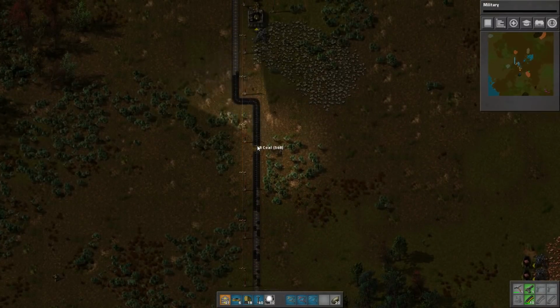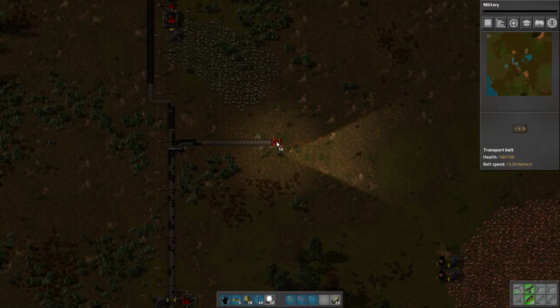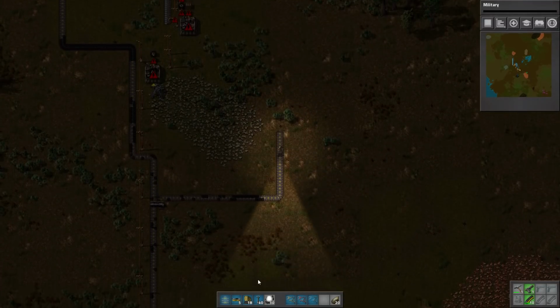So let's go ahead and put a cut, say, there. That's going to be fine. Obviously, this is not going to be enough coal in the long run, but for now, it'll do. And we're going to run this up. We're going to have to figure out how we're going to pipe the copper at some point, but...